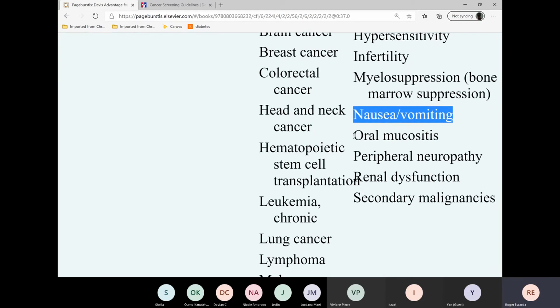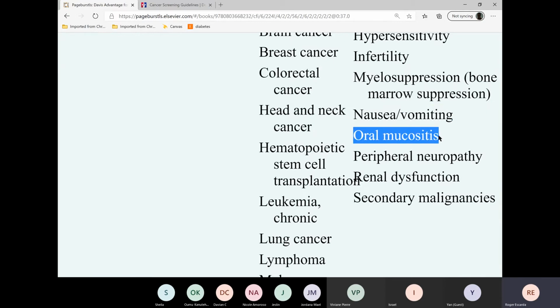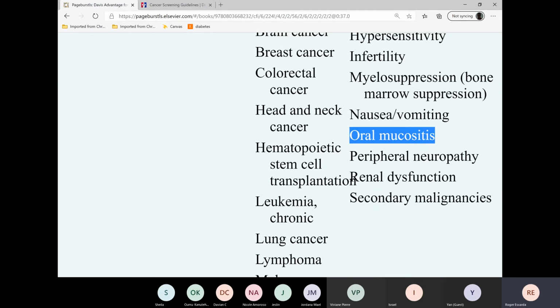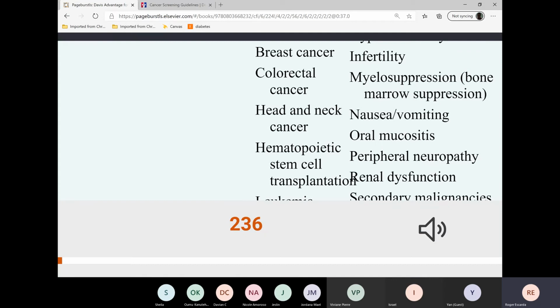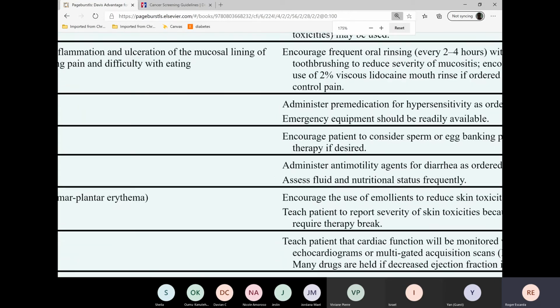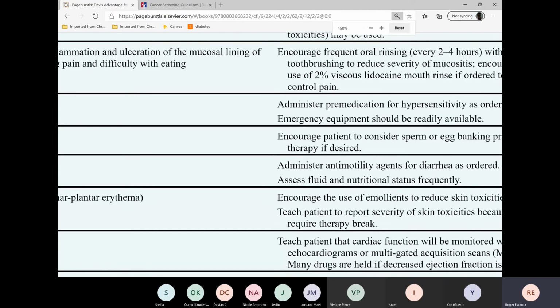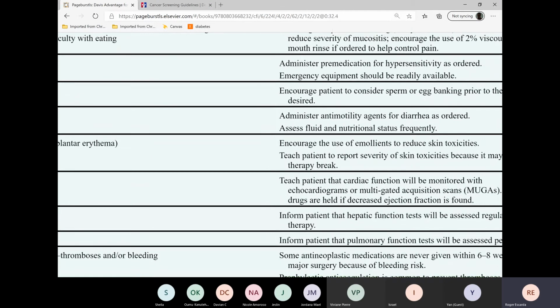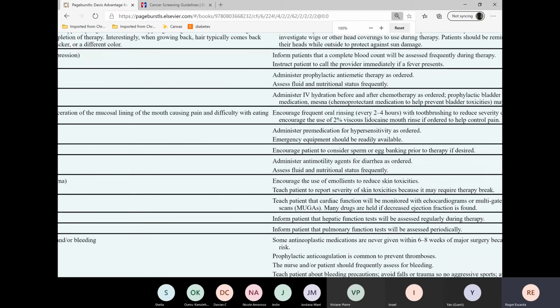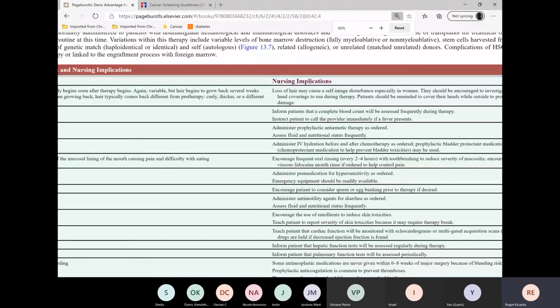Oral mucositis. This is also important. These are large ulcers that form in the mouth, in the tongue, in the cheeks, in the gums, in their throat, all the way down to the rectum. The reason for this is basically what you see in this table are effects of cancer treatment. Cancer treatment definitely kills cancer, correct? So that means how they work is,